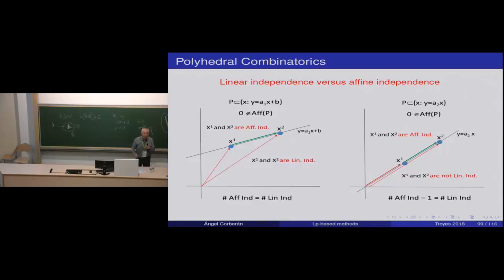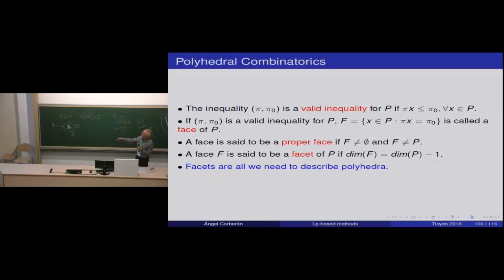Okay, what about linear independence? x1 is this vector, x2 is this vector, and these two vectors are also linearly independent. So in this case, in which my polyhedron is in a plane that doesn't pass through the origin, the number of affinely independent and linearly independent vectors is the same. But what happens